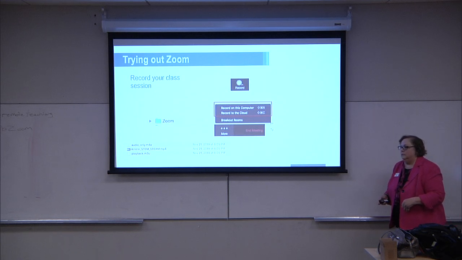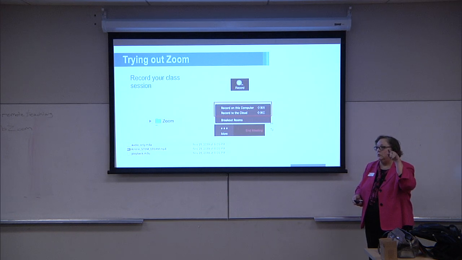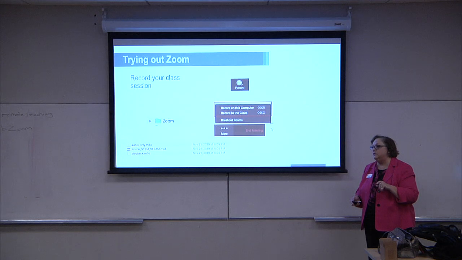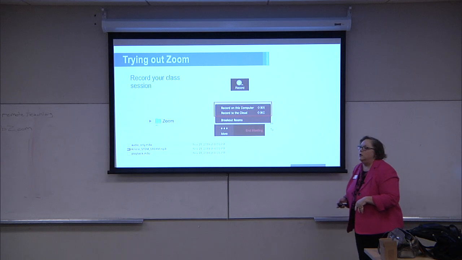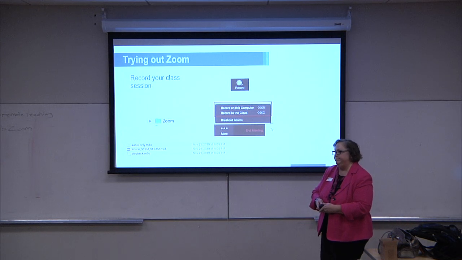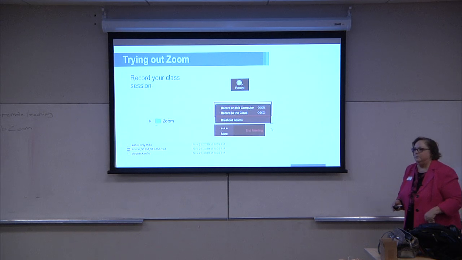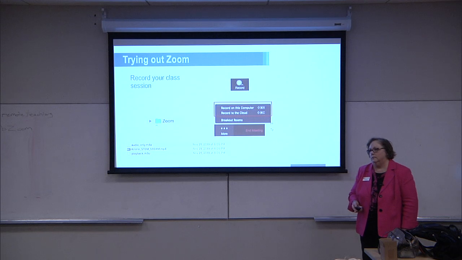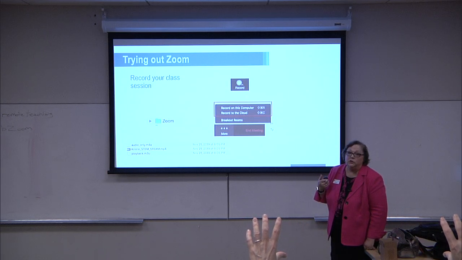So when does the recording actually start if you click? When you click record, it automatically starts the moment the first person comes in the room. Even in the separate breakout, even the holding room? No, it's when you come into the main room. Save some editing. Yeah. Participants are automatically recorded in the file someplace so you can take attendance easily. You would just have to go back and look at the recording to take attendance. But they'll show up in the gallery? They do. They show up, but